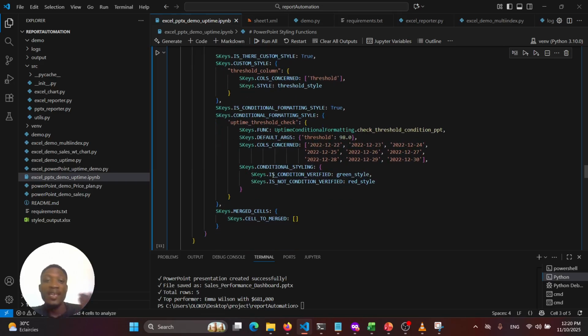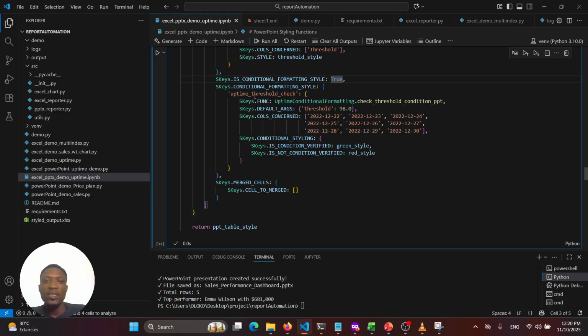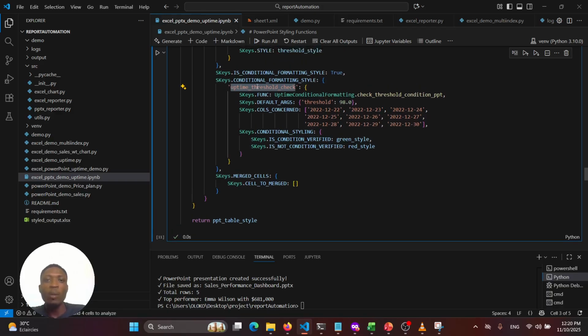What else? And next is the conditional formatting. You can see that here the name is "is conditional formatting style", we set it to true. And then in the conditional formatting style, this is the first conditional formatting style we define. We call it uptime threshold check. Here the name is more descriptive compared to the Excel one. As I said before, the Excel one needs a lot of updates. I will do it and maybe synchronize it with the PowerPoint one. So maybe I will have only one